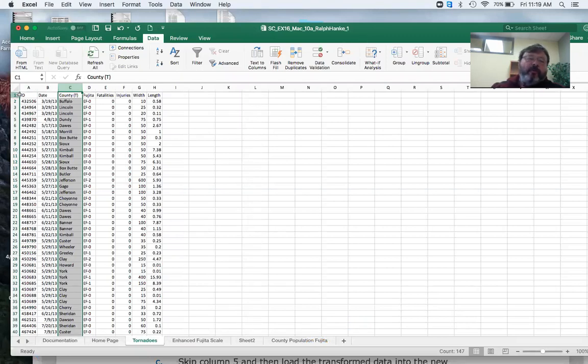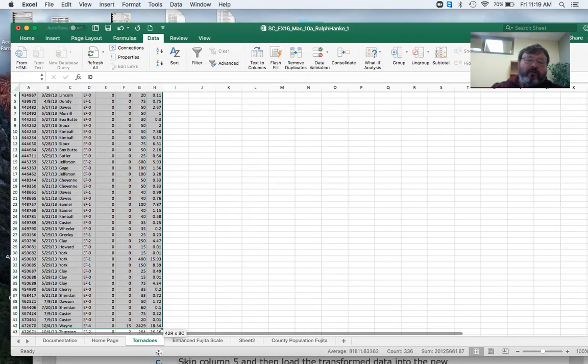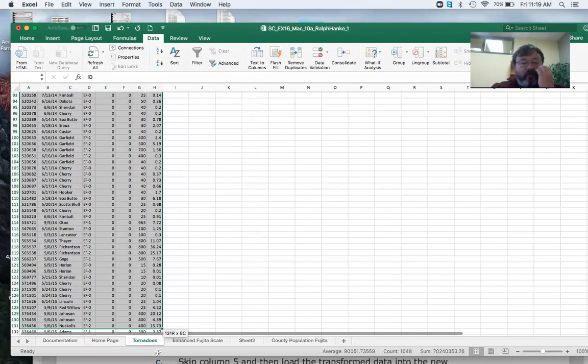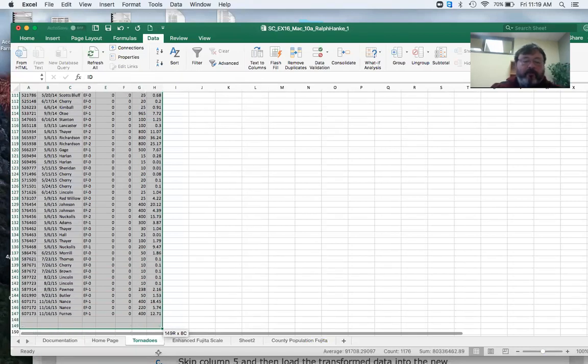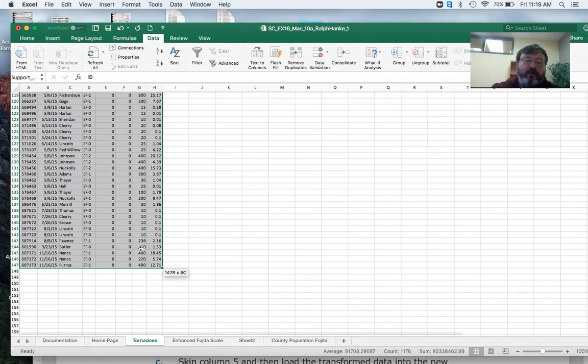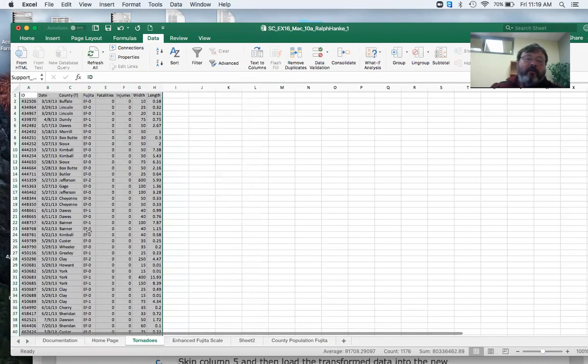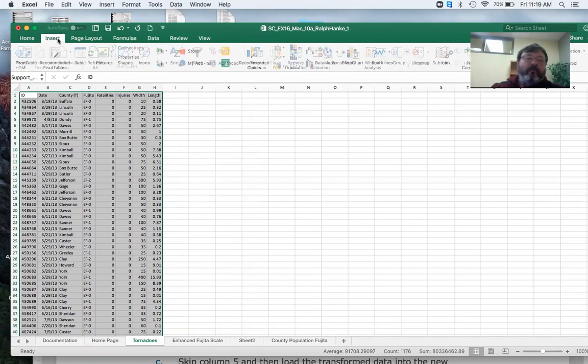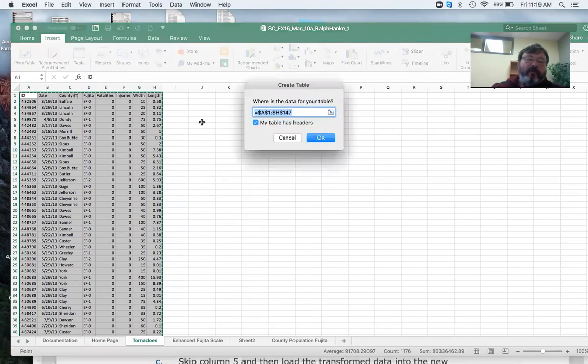So what we do is we take the data, just like you did when you created a table in the previous worksheets, and we drag down here. It's not too far. It's not the world's shortest table. There it is. Now we've got all the data that we want in a table, and of course, now we go into Insert, and we click Insert a Table, and my table has headers, right? Which is what we want,